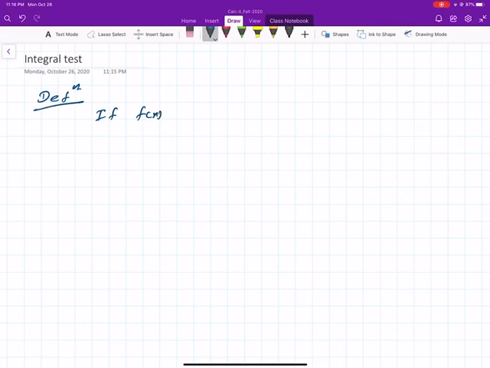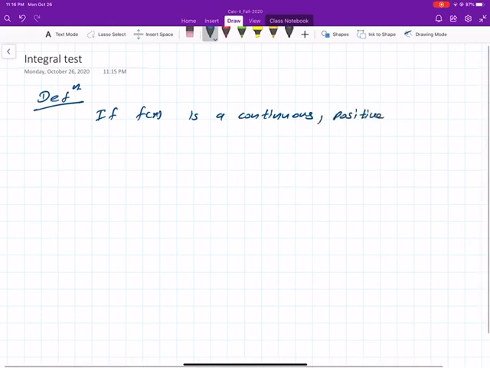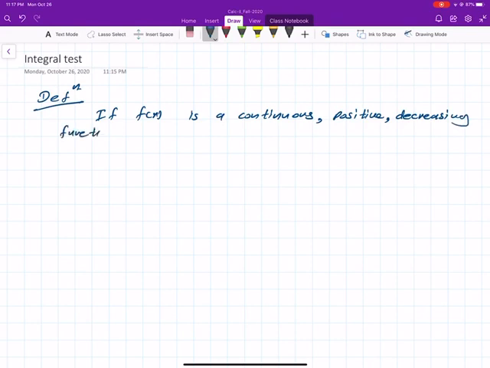If f of x is a continuous, positive, decreasing function on 1 comma infinity, and let an equals f of n, that is the first term, nth term, then